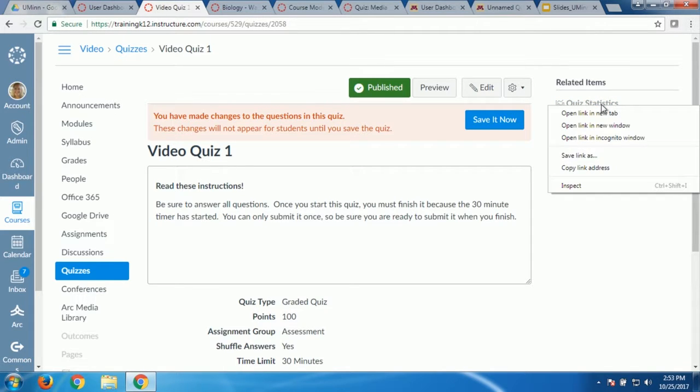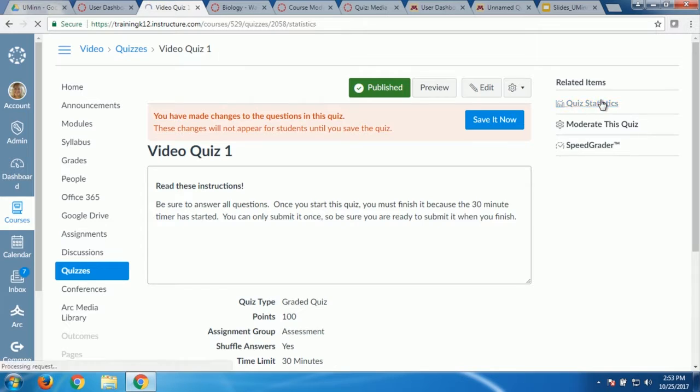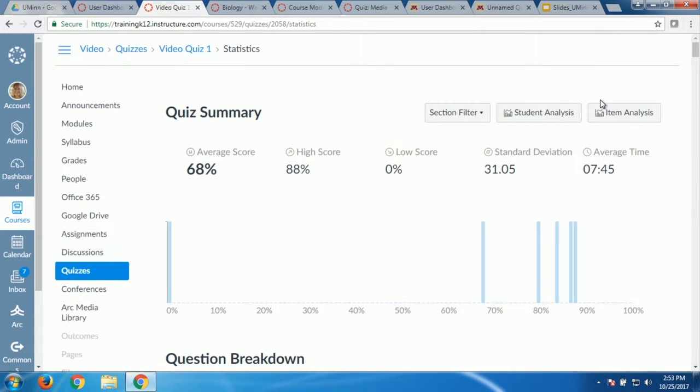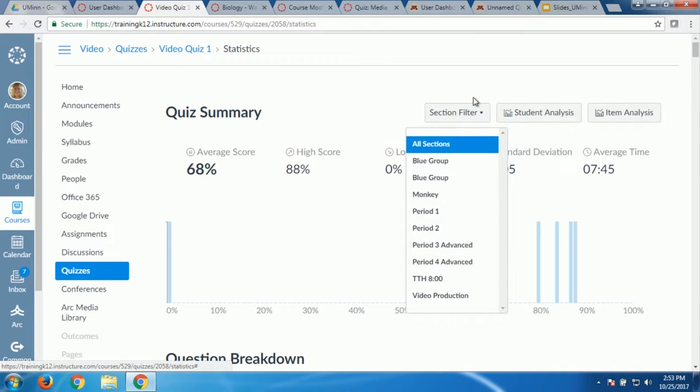We'll start with quiz statistics. Quiz statistics is where you get the data for the quiz. Once students start taking it, you can see those statistics for that quiz. You can get it as a spreadsheet or see the visual view here in Canvas. If you'd rather deal with a spreadsheet of data, you can get the student analysis, student by student, or the item analysis, item by item. You can get those two spreadsheets at the top.